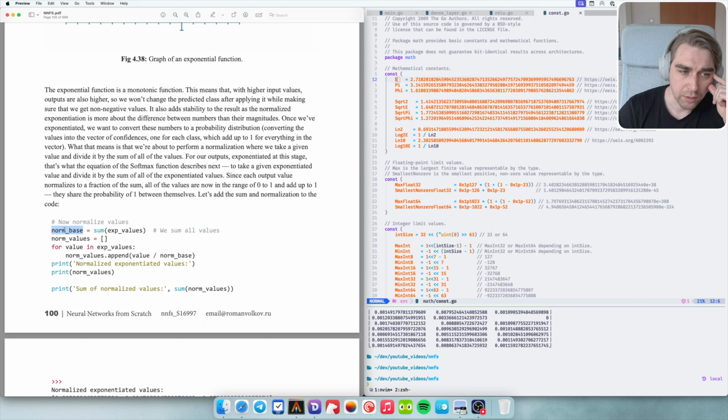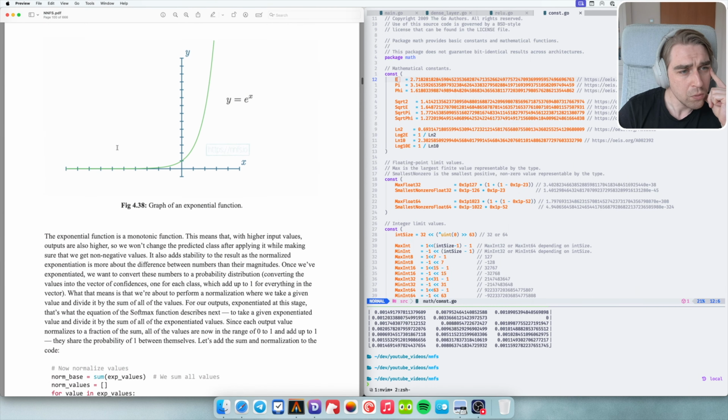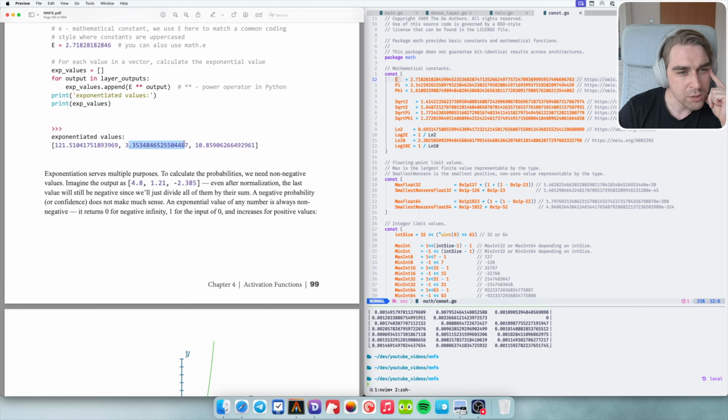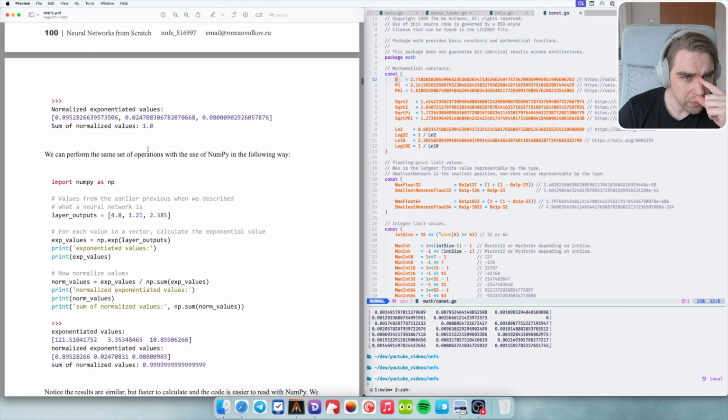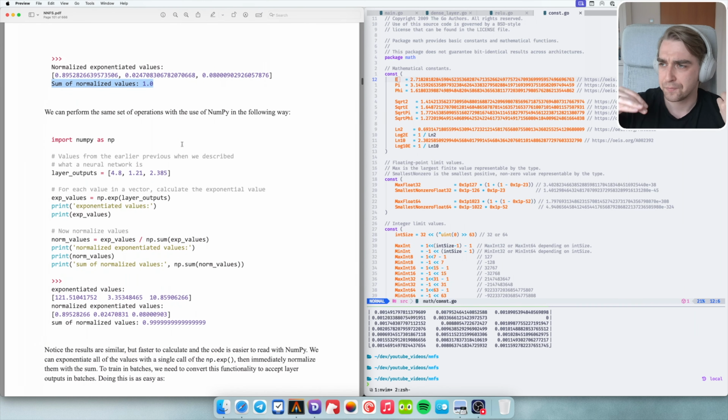sum, so that will be our base, and then we calculate the fraction, corresponding to the sum, of the value to the sum. And this is how we end up, for example, this is the biggest value, and that was this one. So this is relatively very small compared to this one. This one is closer to this one rather than to the first element, and we can see this after the normalization. So this is the lowest value. It is very far away from the first one, and this is much closer to this one than the first one. And the sum of the normalized values are 1, which is expected, because, for example, if we have a classifier of 10,